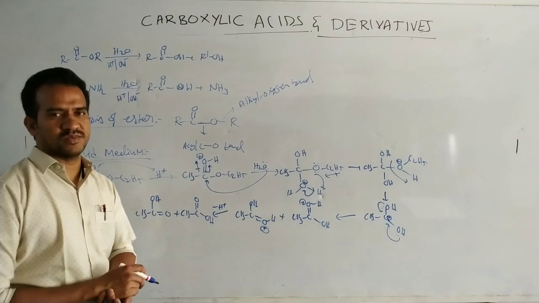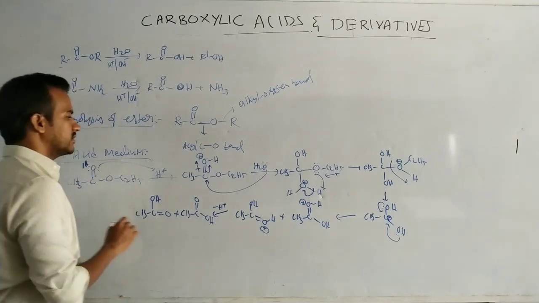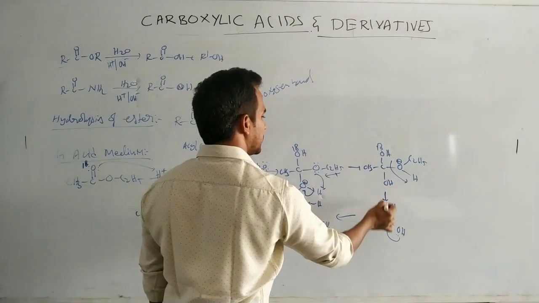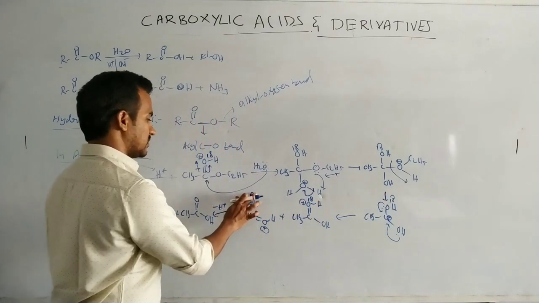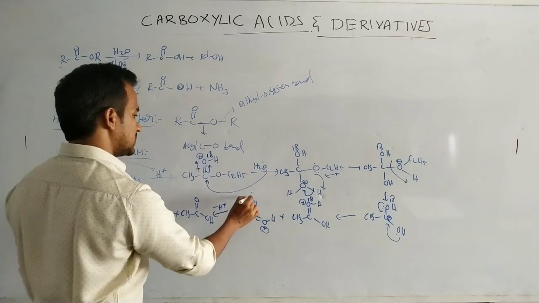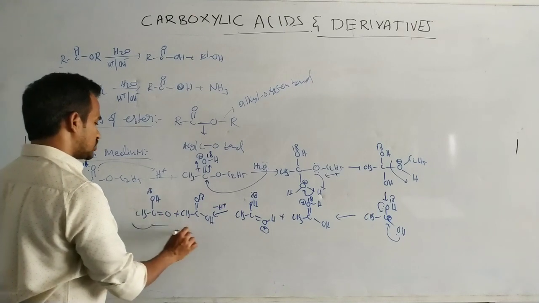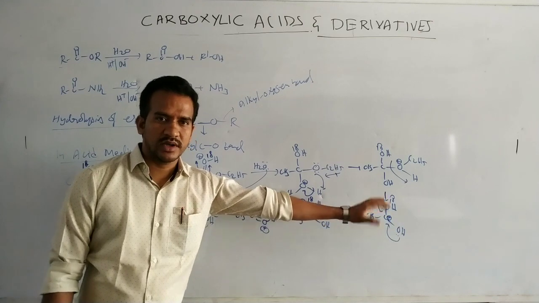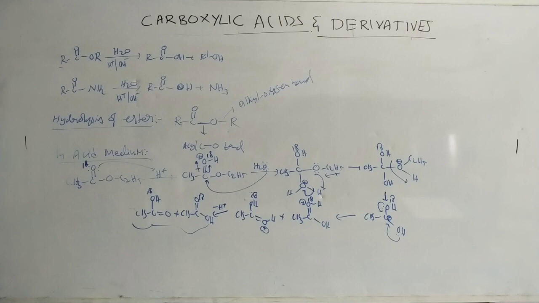How to distinguish these two? By labeling this oxygen atom. For example, this is O18 and this one is O18. So these two products are possible. The key step is this one. Either OH can form the pi bond. It is ester hydrolysis in acid medium.